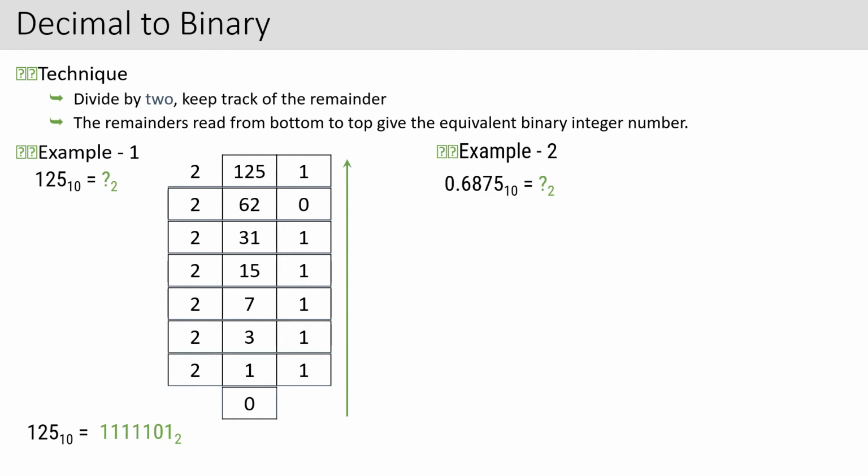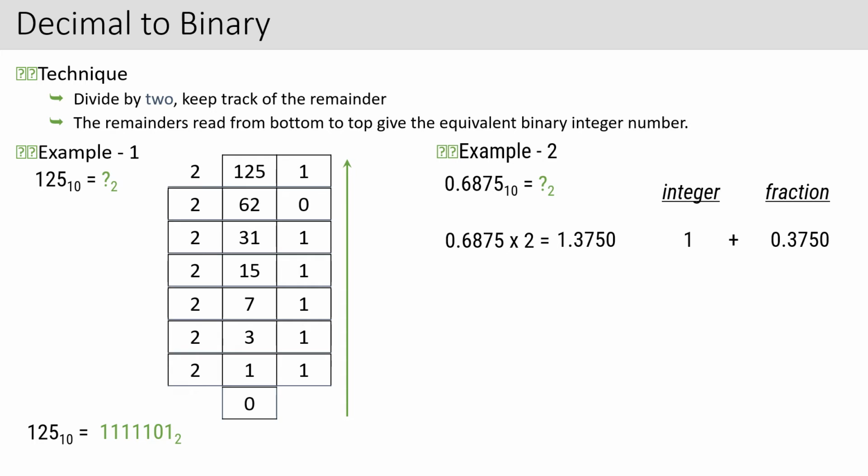Now the next question is, I want to talk about example number 2. The previous one was a number without any decimal point. Suppose you have a decimal number, like 0.6875 to the base 10. So what will you write? For point terms, what are you supposed to do? Go on multiplying by 2. So I am multiplying this by 2. Okay, so what am I getting? 1.3750.